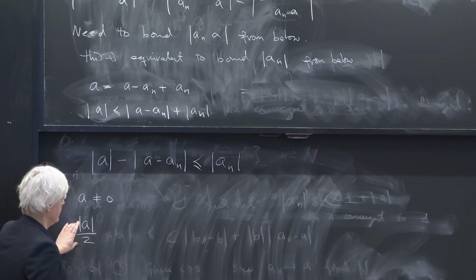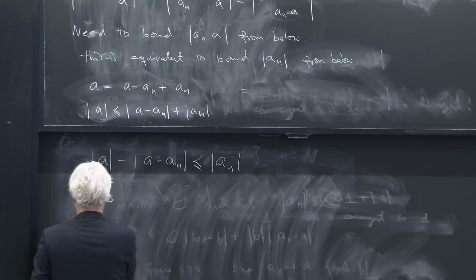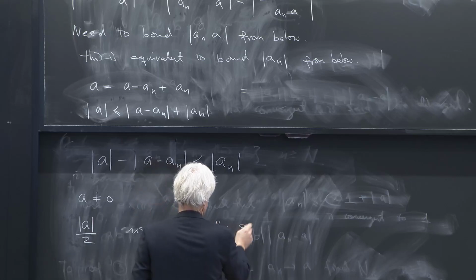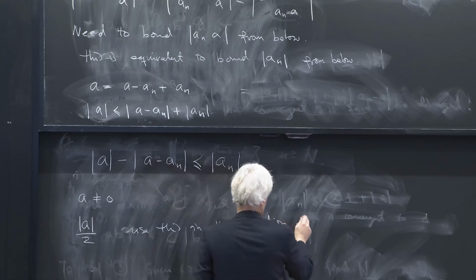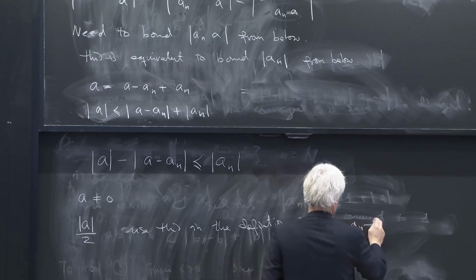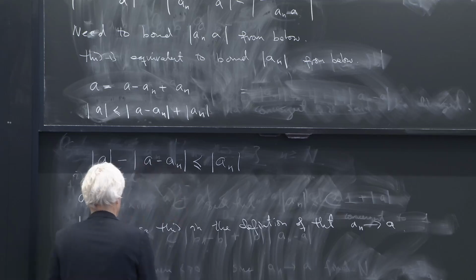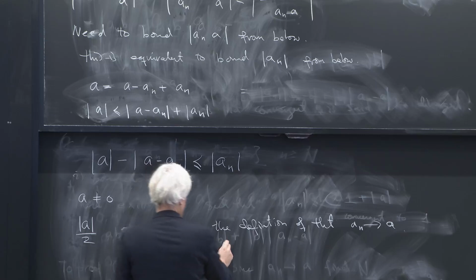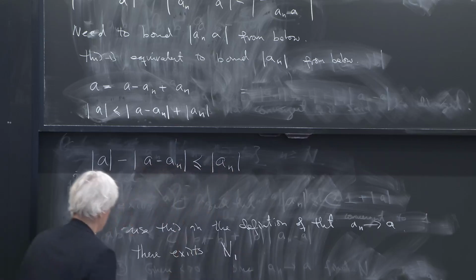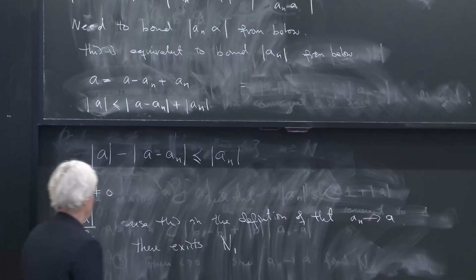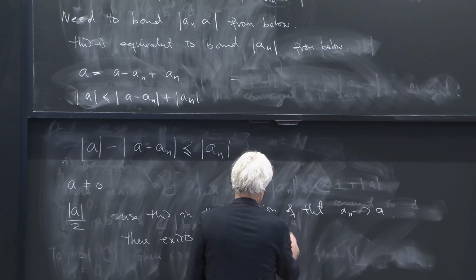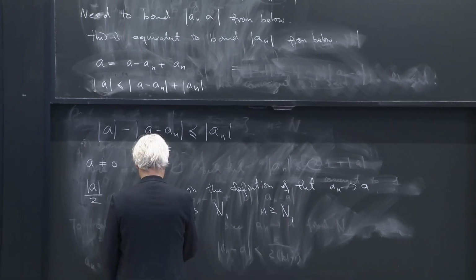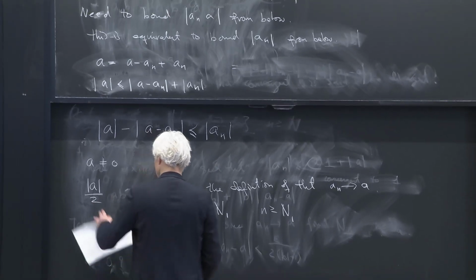And we can use this in the definition of AN converging to A. This means that there exists a capital N1, not the final N that we want to use, so that if little n is bigger than this capital N1, then we have that the norm of A minus AN is less than this thing here,